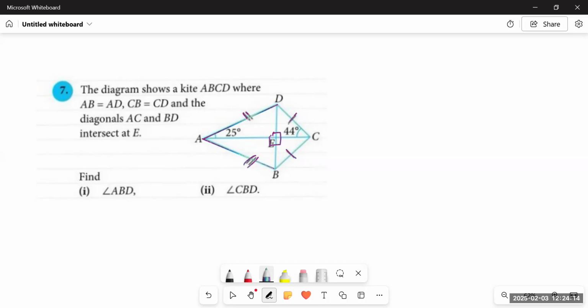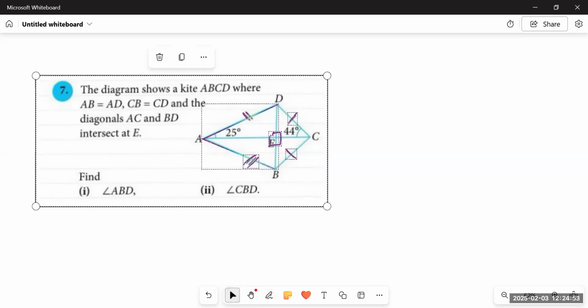Only one angle in the first triangle ADB is given, that is 25 degrees. And one of the angles in triangle DBC is given, that is 44 degrees, right? Both the diagonals intersect at C, which is the center point. So at this point, all four angles would be 90 degrees. In this way, we have four right angled triangles, in which two triangles each are given. But in the triangles at the bottom, ABE and BCE, only one angle, that is 90, is given. So as we know that if we rotate this shape like this,